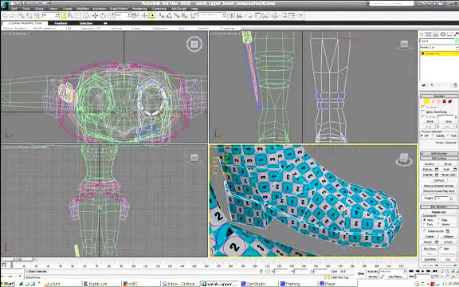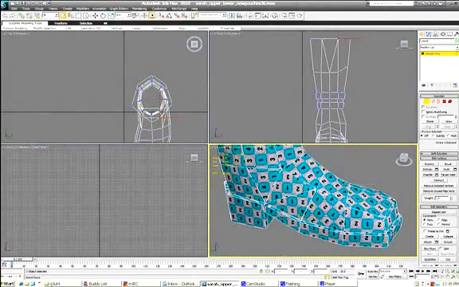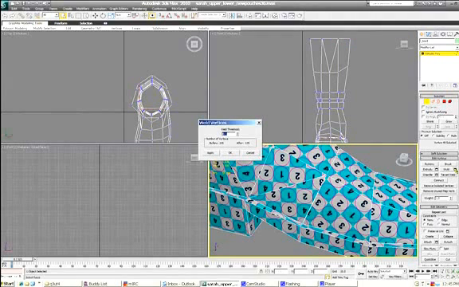At this point, to make life a little easier, I'm going to hide everything that's not selected. And I'm going to go in. I suspect there's something not properly welded, so I'm going to go in and use this. That wasn't it. Go here and